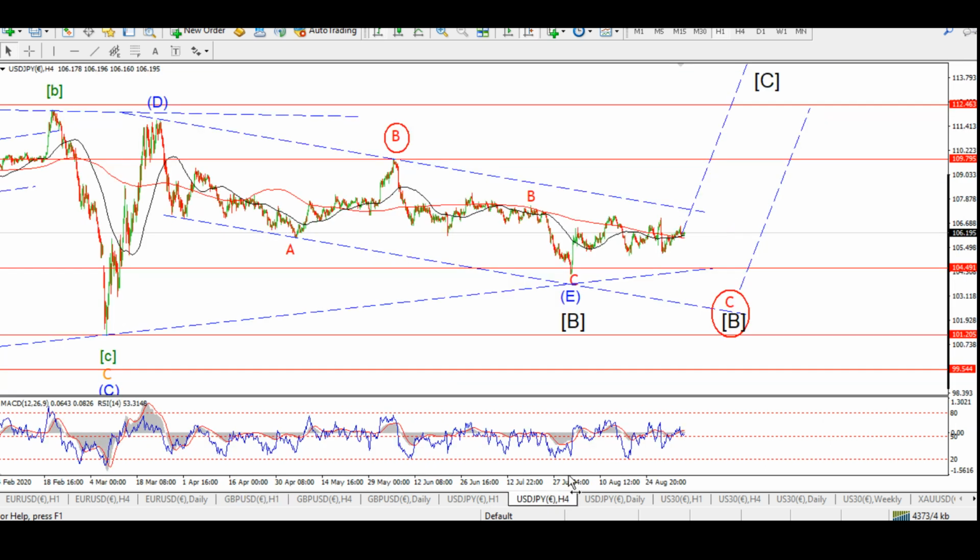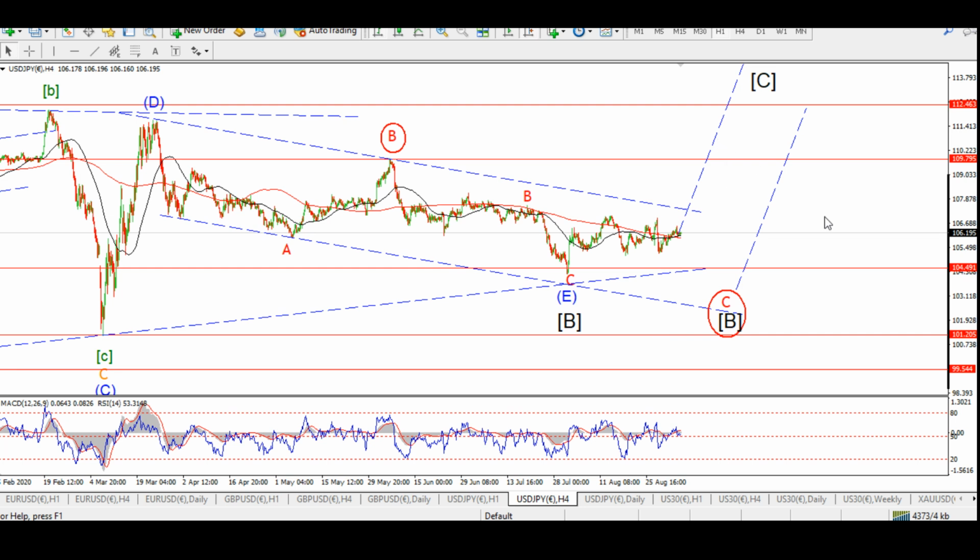Okay, so let's get into dollar yen. There's a couple of scenarios in dollar yen that I'm working with. We just haven't seen that acceleration higher that I've been expecting, and I do have to allow for the possibility that this C wave here is not complete yet. And the way that would work, you can see the alternate count here circled in red. And the way that this larger C wave would work is if we have a wave 1 down, wave 2 up,